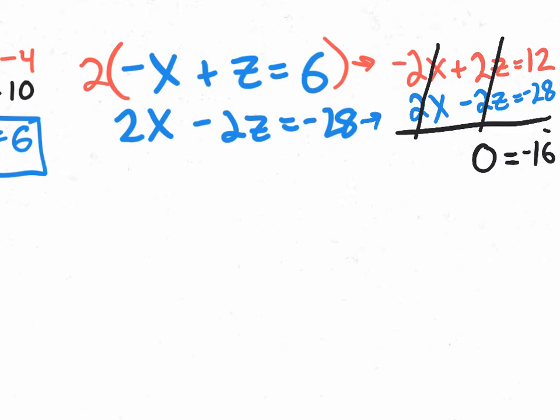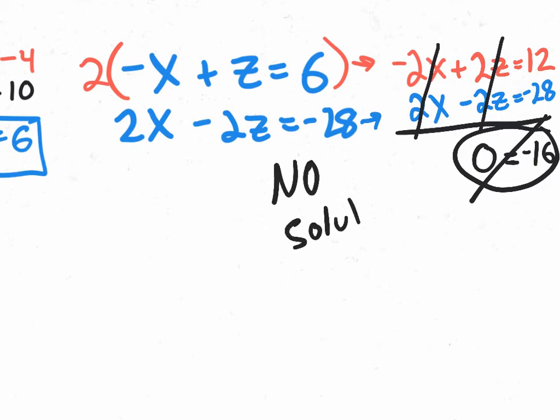So what do we say when we see 0 equals negative 16? You say no, as in no solution. Or you could just put the no solution symbol. Okay, so this is a special case that you could have put on the final tab of your flip chart. Of course, there's some that are no solution. There's also some that are infinitely many solutions. If you end up canceling things out and you get 0 equals 0, then you would say infinitely many solutions,